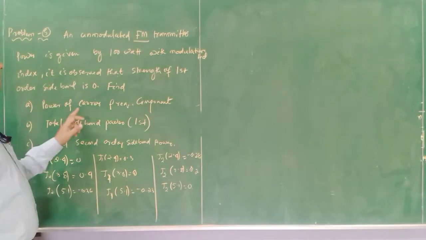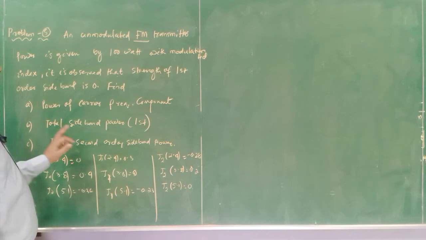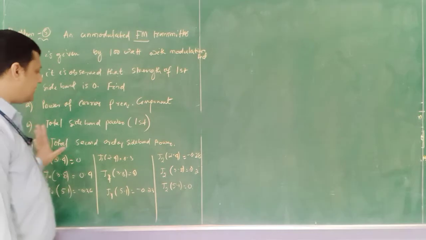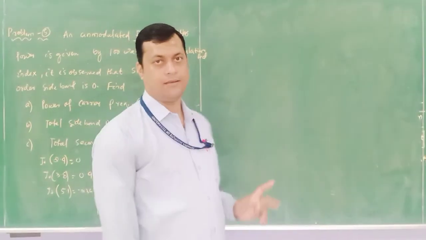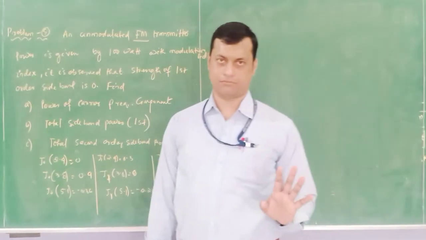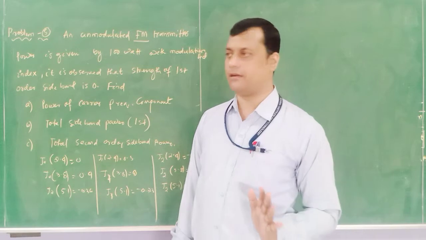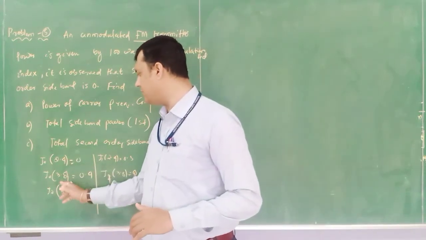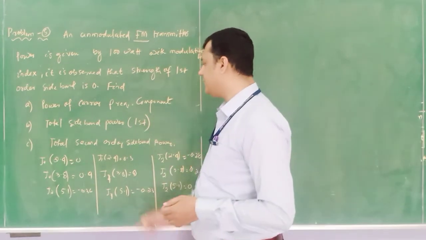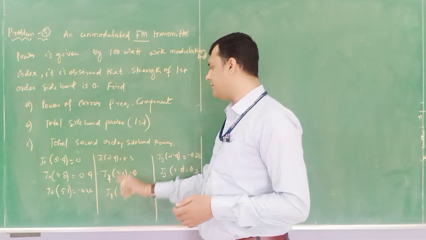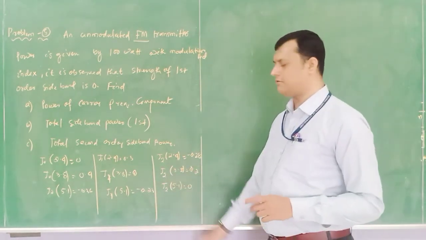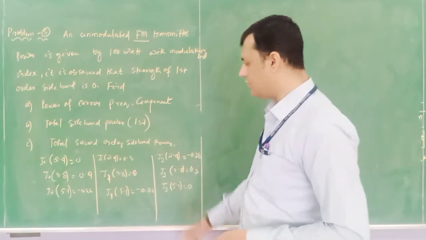Find the power of the carrier frequency component, the total first order segment power, and the total second order segment power, and these components are given. Here J suffix 0 means it is the zeroth order, the carrier frequency component, and these 2.4, 3.8 and 5.1 are all called modulation index beta. Similarly, it is the first order J1 and these are all modulation indices. Similarly, J2, these are all second order and these are all modulation indices.